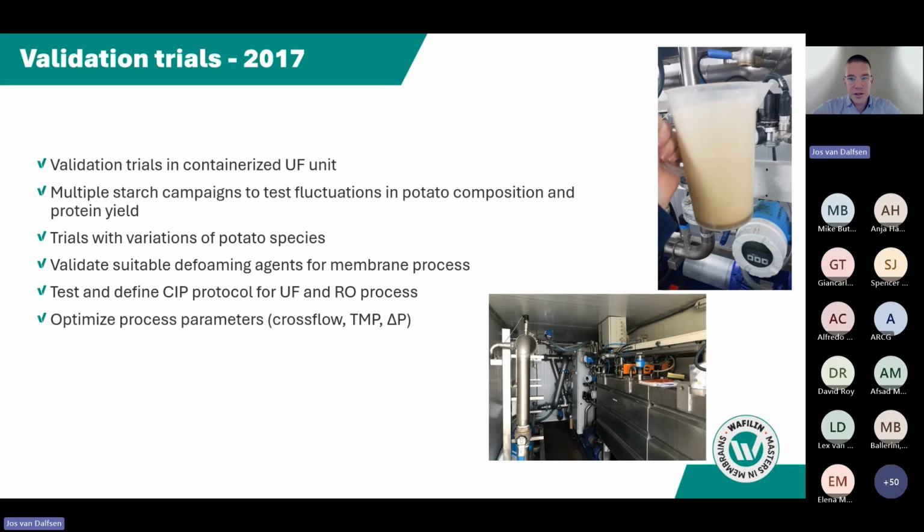And of course, we're dealing with an industrial situation where foam becomes present when you're adding or integrating air in a process. Foam, especially on potato juice, might appear very rapidly. So we have to test and find a suitable defoaming agent that is also compatible with the membrane that we selected. And we tested and validated a complete line of CIP protocols to clean the UF membranes, but also the RO membranes that are in place.